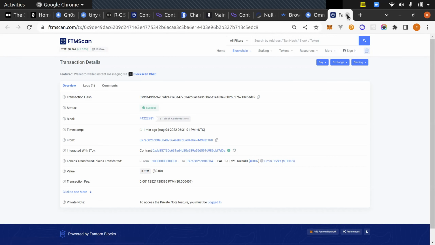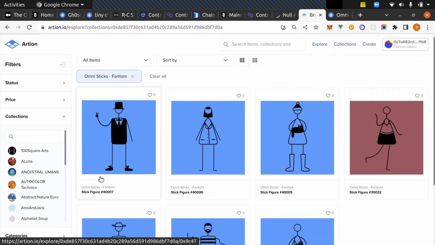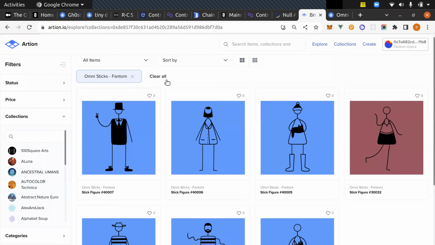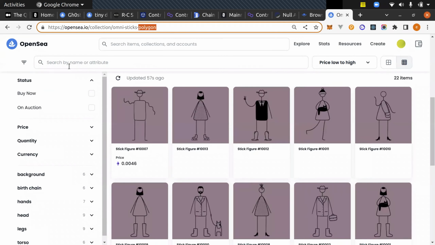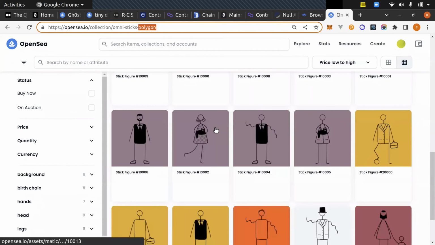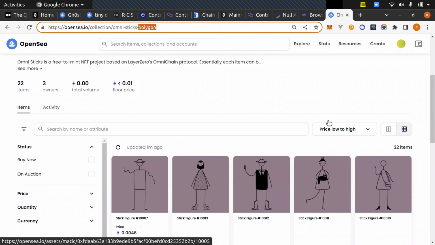Let's look at this on an NFT marketplace for Phantom. And you can see here, I already refreshed this previously. You can see here it lives on our Phantom contract. But if we double check the Polygon version of this contract on a marketplace, we can see it does not live here. And there are some items from other chains that we did transfer over previously, but 40,007 is not one of them. And that's what we're going to change with this